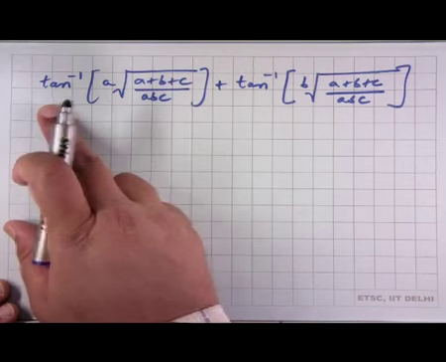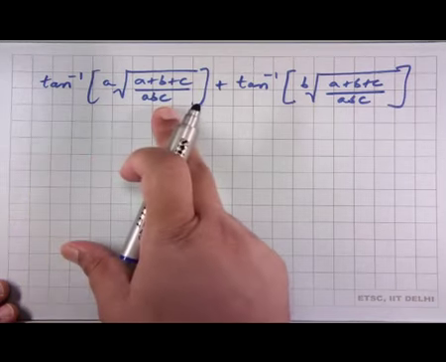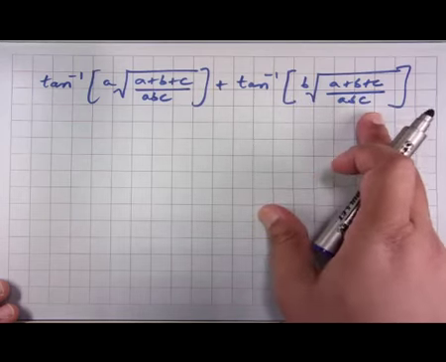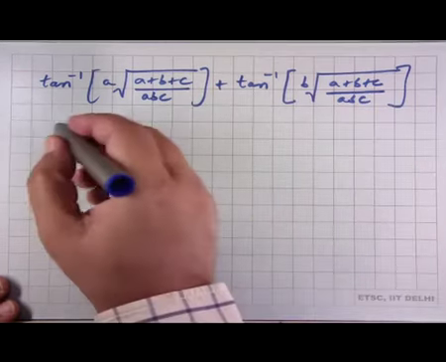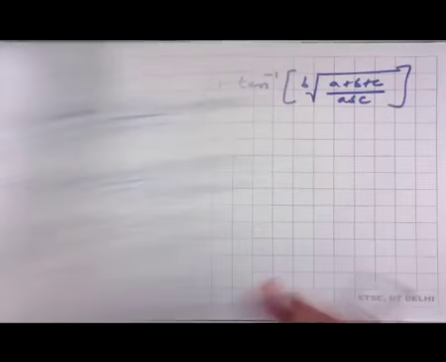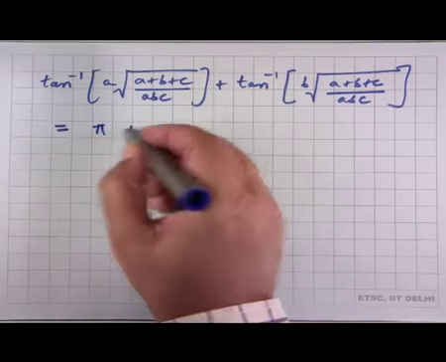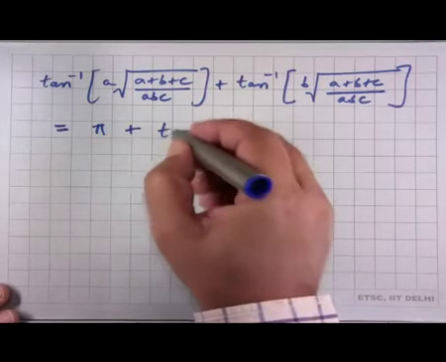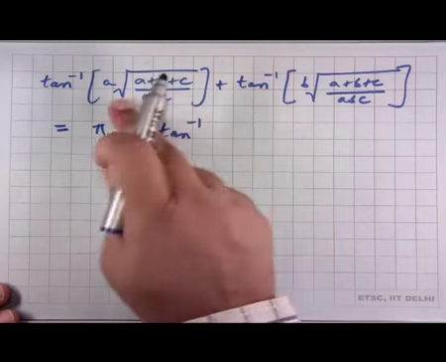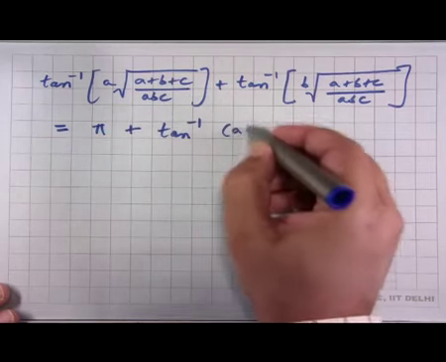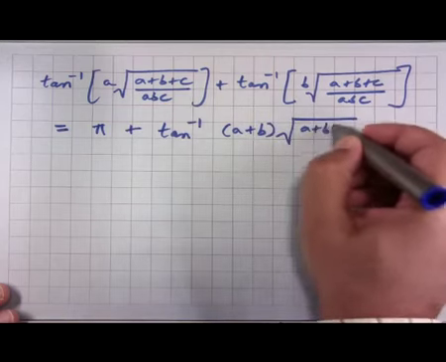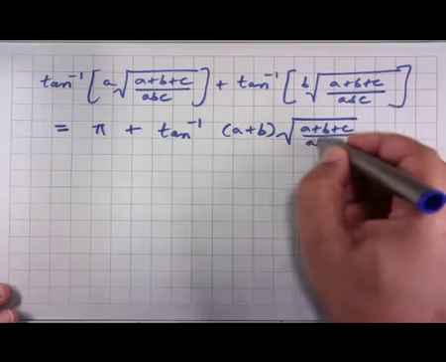So tan inverse of a into square root of a plus b plus c over a b c, plus tan inverse of b into square root of a plus b plus c over a b c, is going to be equal to, so we take this second expression, pi plus tan inverse of x plus y. So x plus y is going to be this plus this, which can be written as a plus b into square root of a plus b plus c over a b c